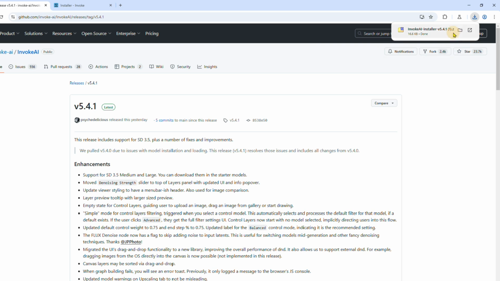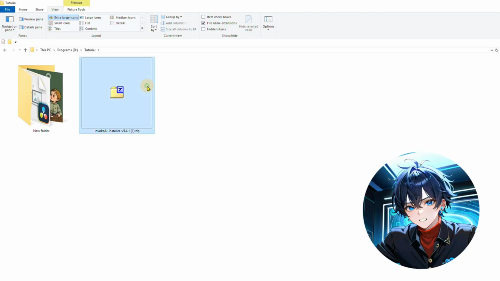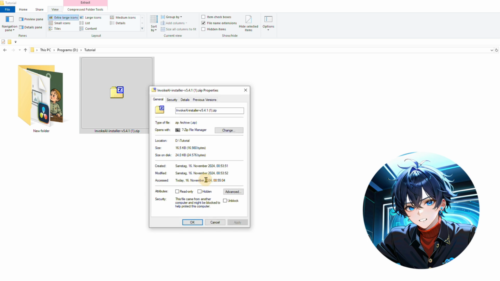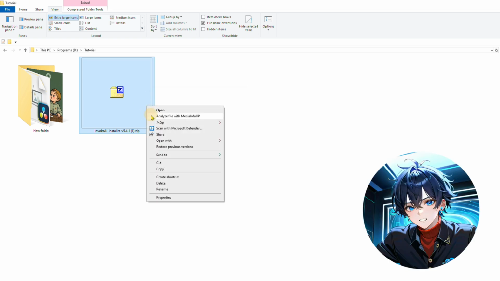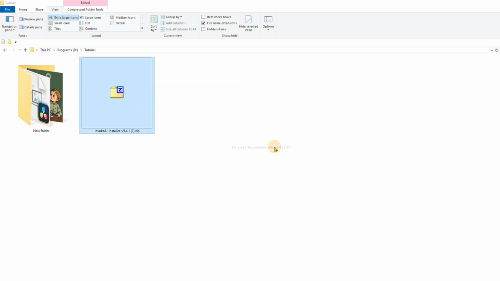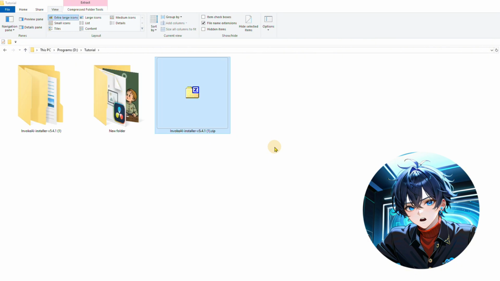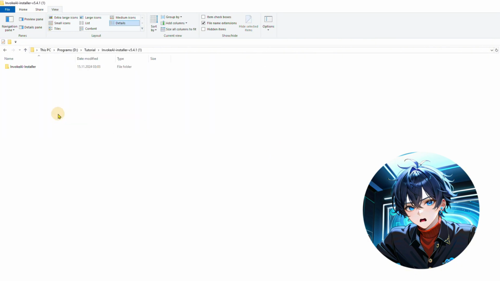Before unpacking the installer, I suggest to unblock it. To do this, right-click on the downloaded file and select Properties. In the Properties window, you'll see a checkbox that says Unblock. Check this box and click OK. Now that we've unblocked the zip file, we can unpack it to extract the contents of the installer to a